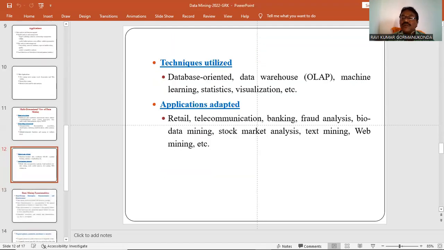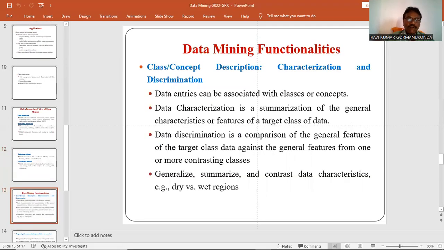And next, before that, I want to discuss what the data mining functionalities are. Data mining consists of a number of functions.